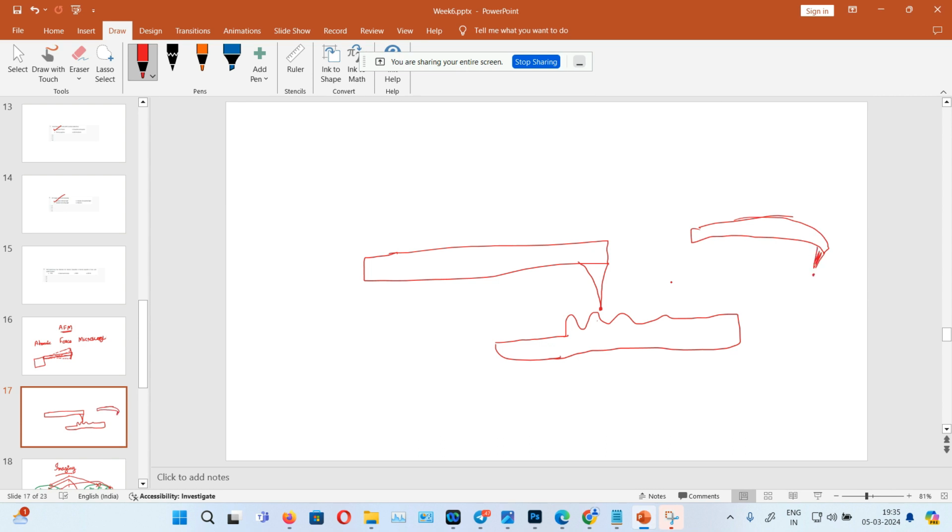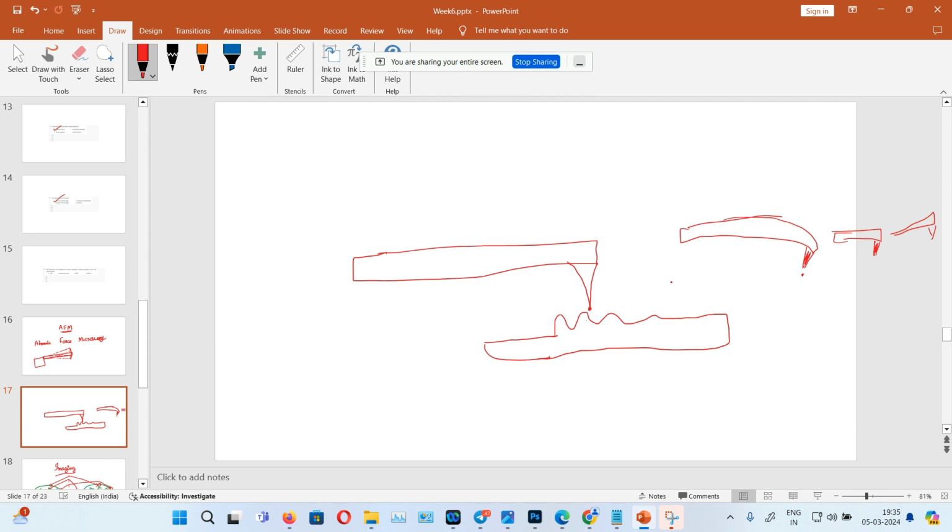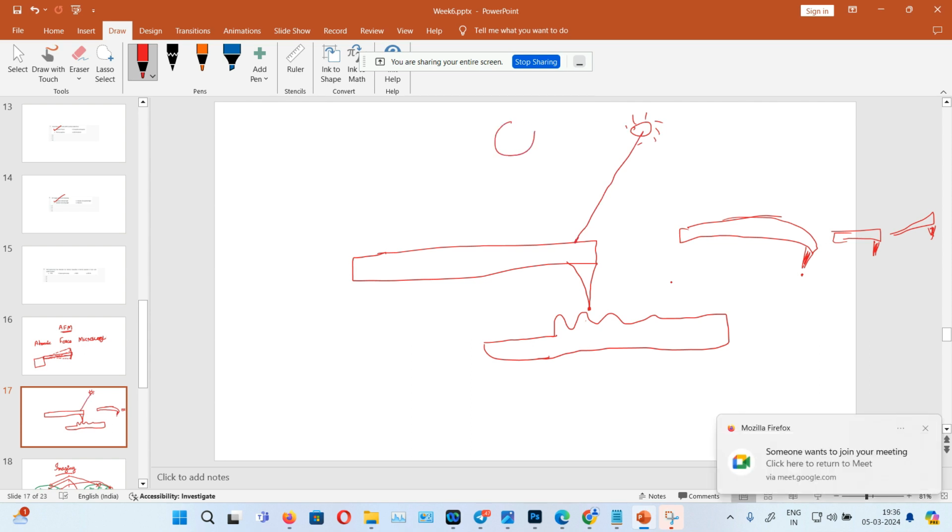When there is nothing else, it will be in the original position, and if some bigger feature comes here, it can bend to the other side also. And there will be one laser source giving a laser beam which will hit the backside of the cantilever, and there will be a position sensitive detector, which is called